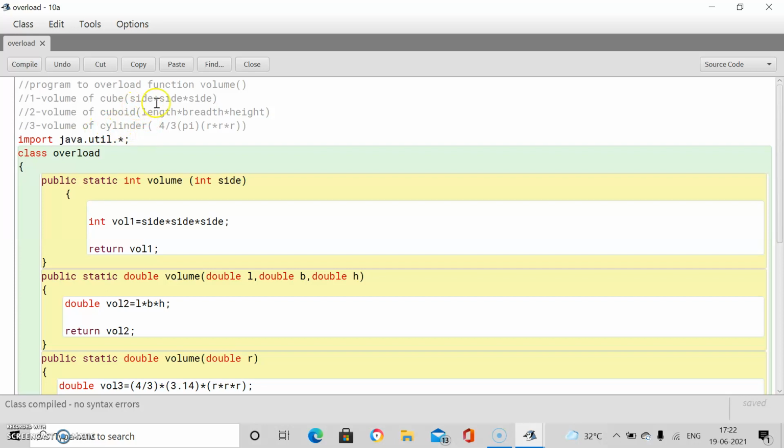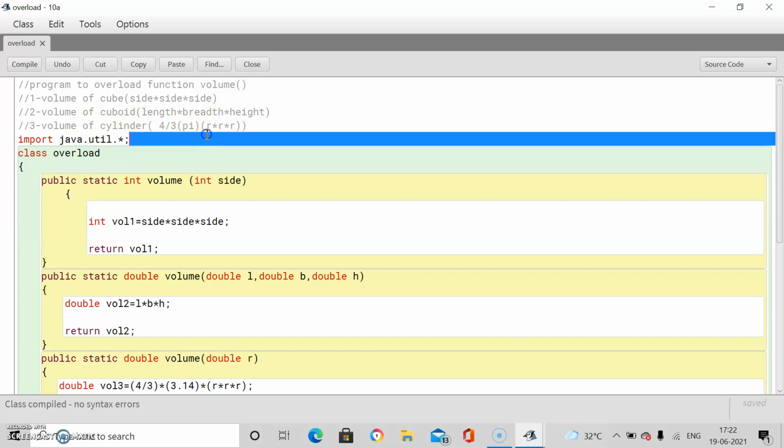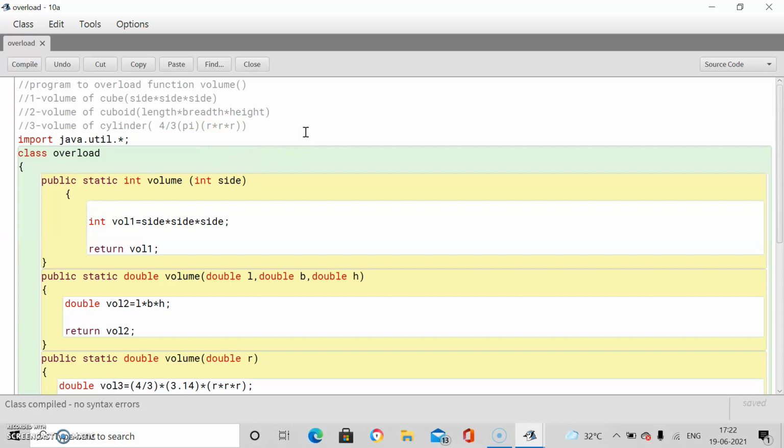Formulas are given: for cube, side into side into side, for cuboid, length into breadth into height, and for cylinder 4/3 pi r cube. So this is the question. You have to make a class with overloaded functions, functions for 3 calculations.